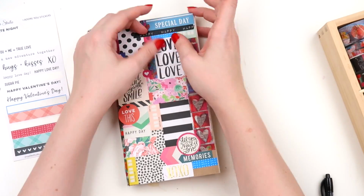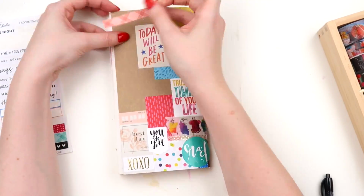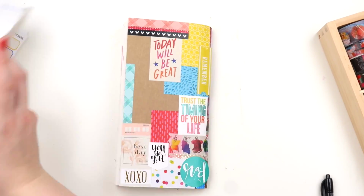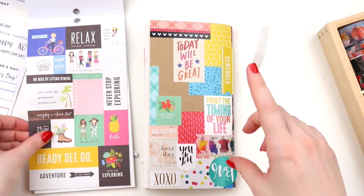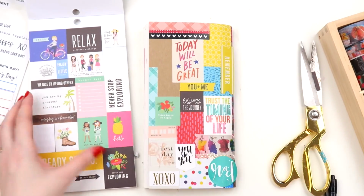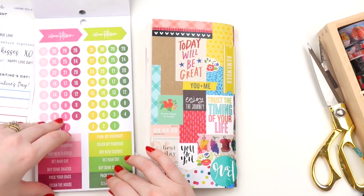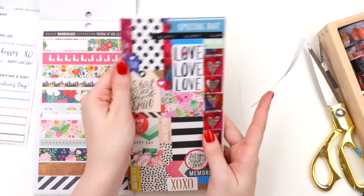So today's job, after I finish some voiceovers, is to cover it, because the cover of this insert, it's the 003 one from the Travellers Company, and it's craft, and it's slightly furry. No, I wouldn't say furry. It doesn't like stickers. Let's just put it that way. And some of my stickers are already starting to peel off a little bit. So if you do this, I definitely suggest covering it with some sort of clear contact so that your stickers